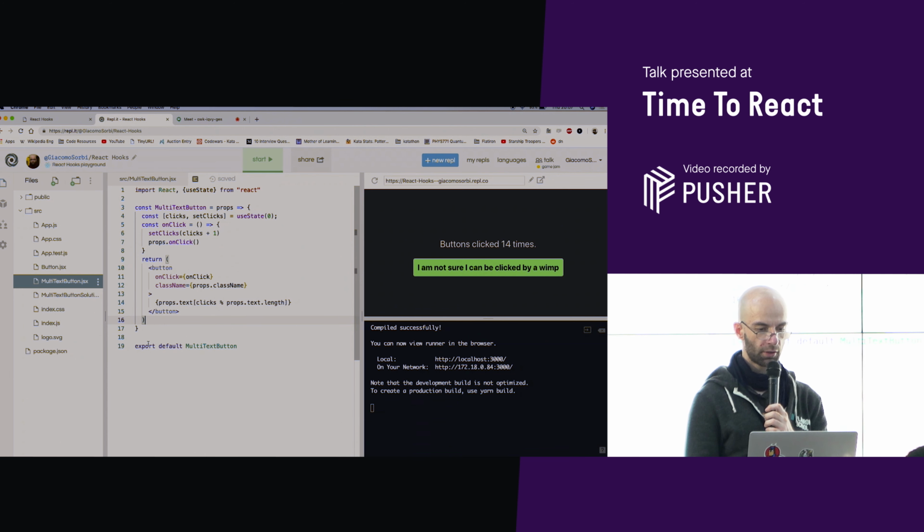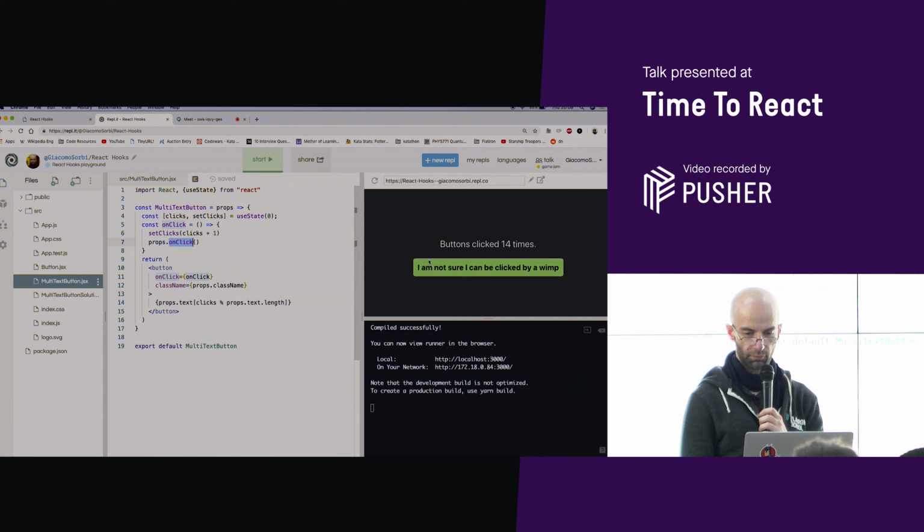Not too much complication. Don't ask me to do the conversion to class component, but trust me that it's likely to be much bigger. Okay, and to recap, first of all, we import useState. We use it in the very first line of our function component. In this specific case, we also create our own function to wrap it and to do what we want. So we first call the setter of the hook, then we call the actual function, and this is what we get.